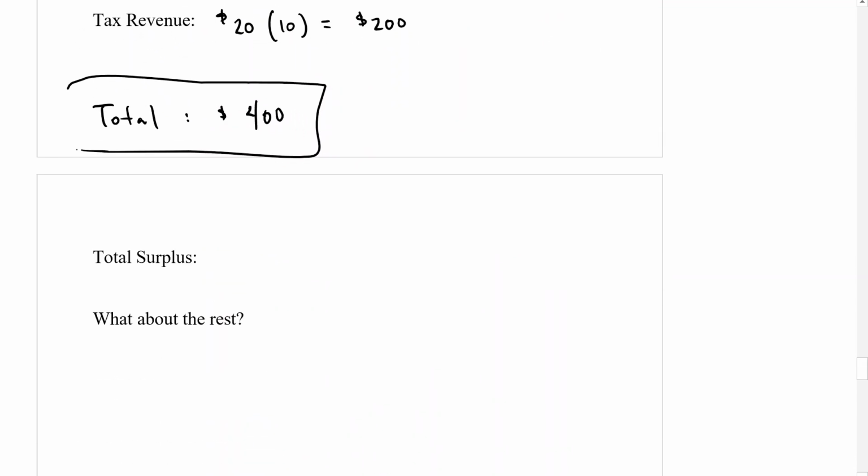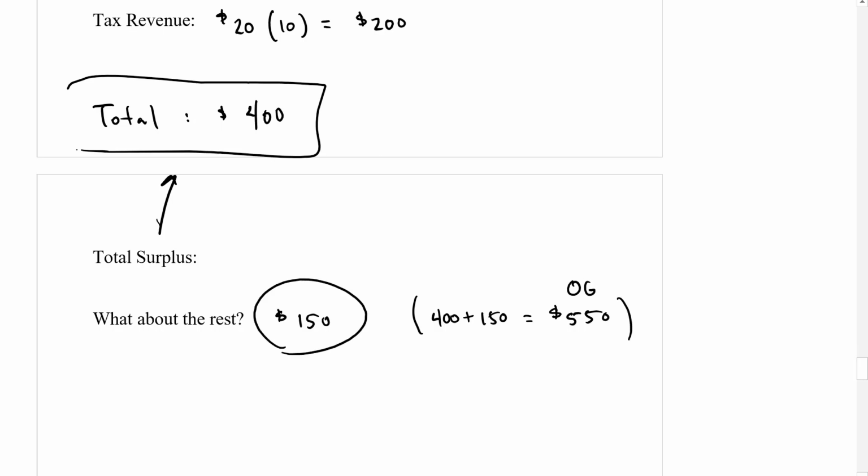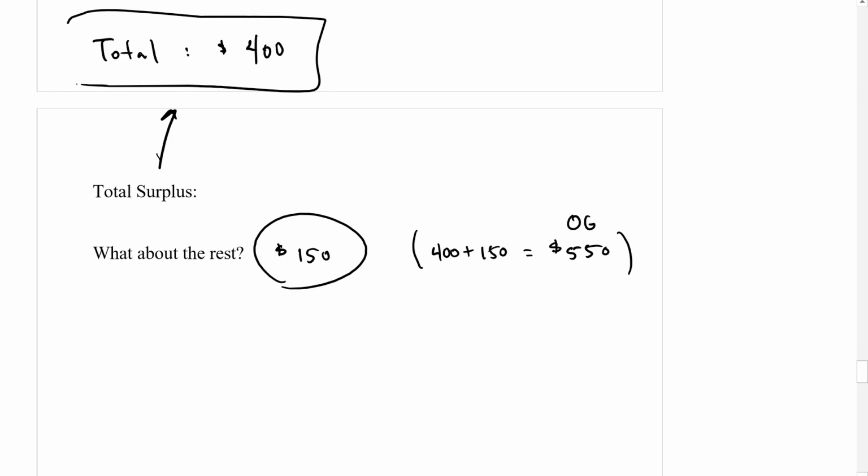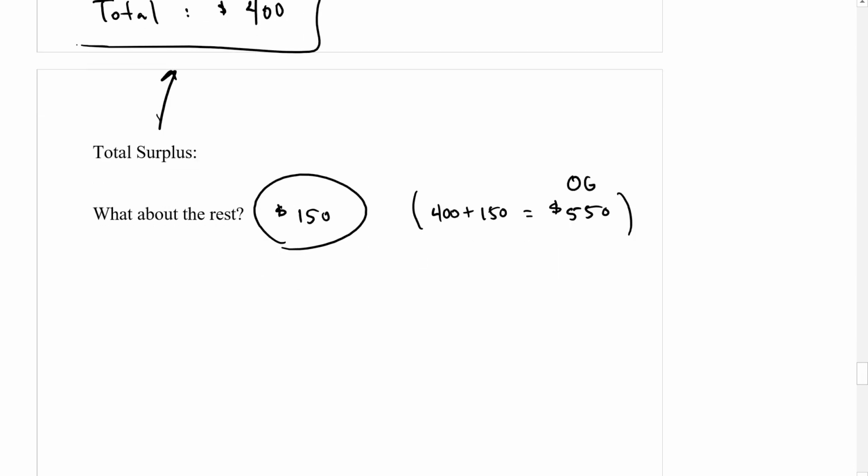What about the rest of the 150? Because 400 plus 150 gives us our original 550. Where does that $150 go? That's what we call